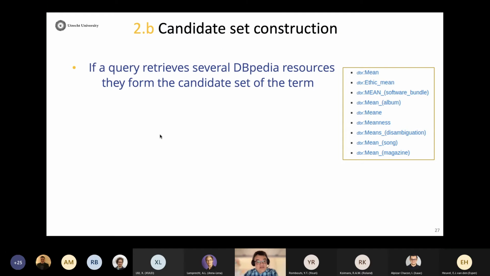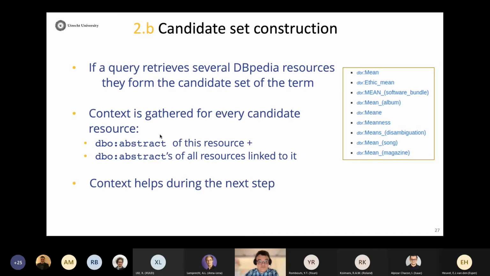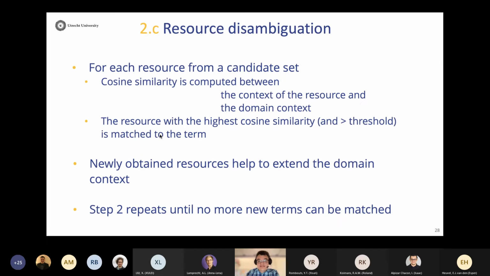If a query retrieves several Wikipedia resources, they can form a candidate set for this particular term. Then we get the context for each of these candidates, which is basically the abstract of this particular candidate. And then we compute the cosine similarity between its abstract and all the abstracts of the terms for which we already have found resources, right?